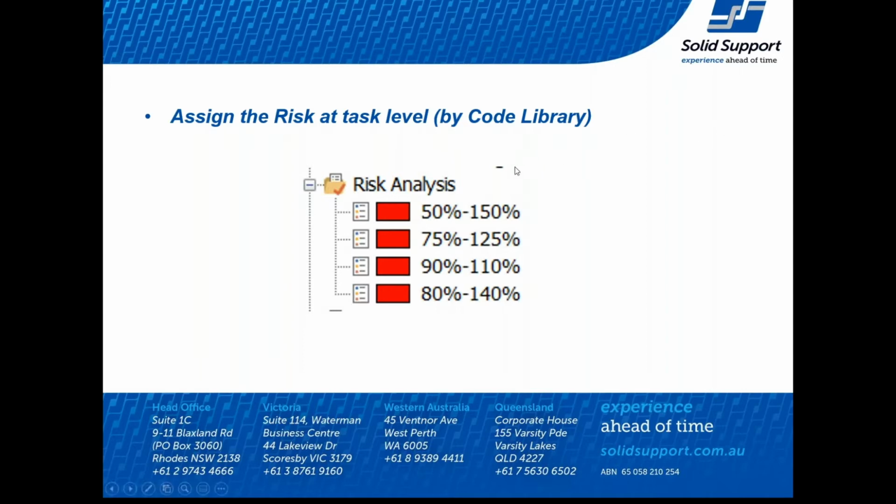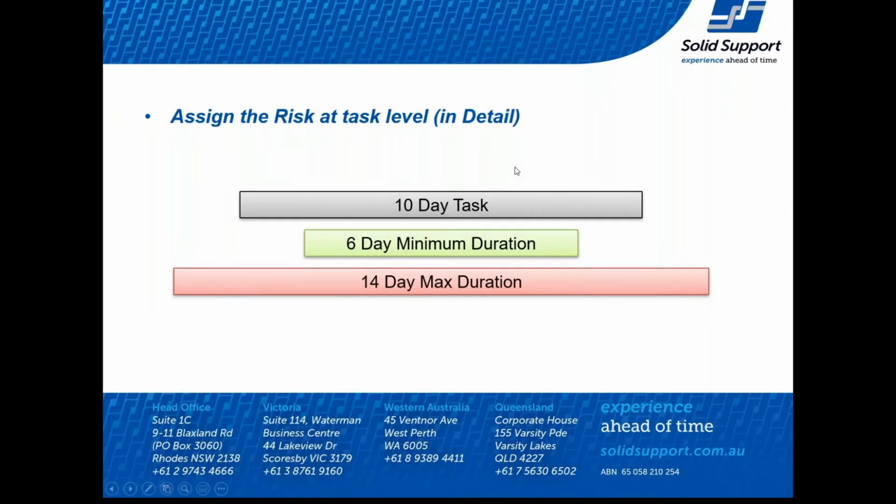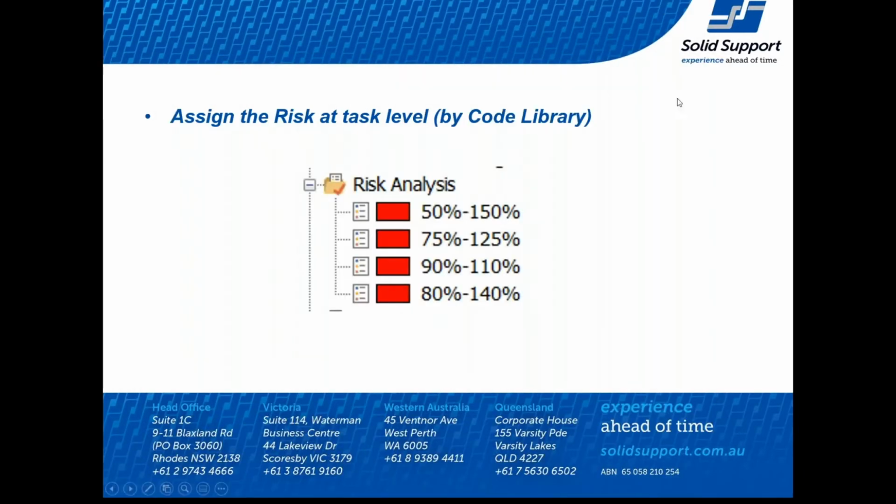So the one I showed before, the 10-day and 6-day and 14-day, could be 60%. It could be completed in 60%, or it could be completed in 140%. Here are some example ones. So you could say 50 to 150 as code libraries. These can then be assigned to your project and to each task, and then it runs the iteration using that as a